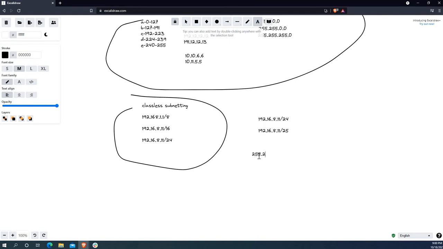It's 255.255.255.0, and in bits it will be 11111111.11111111.11111111.00000000. And if you have a /25,